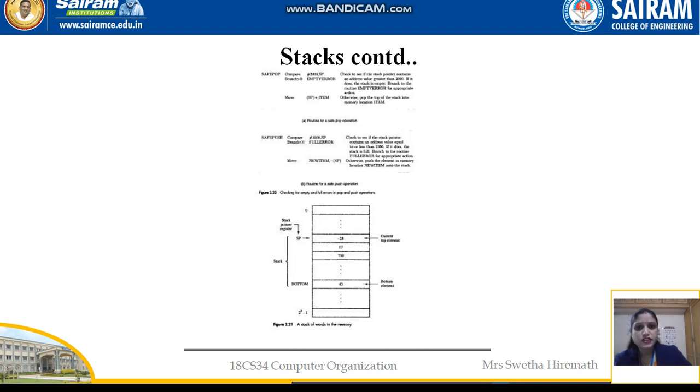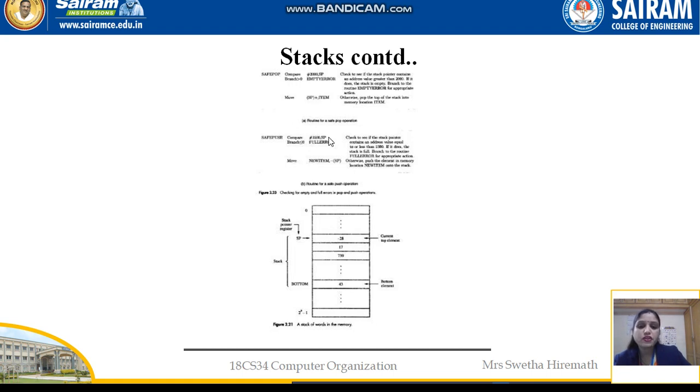If nothing is present there, the stack is empty and an error message is printed. Otherwise, we pop the element pointed to by the stack pointer into the item. This is how stack pop happens.